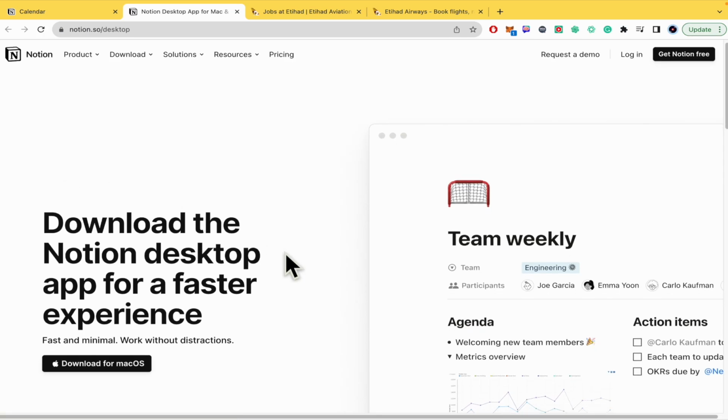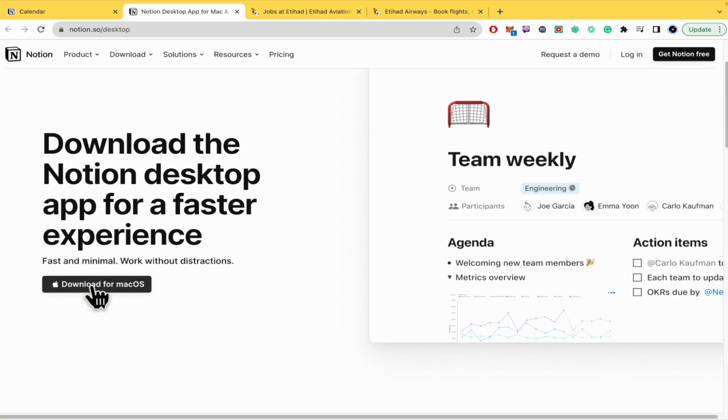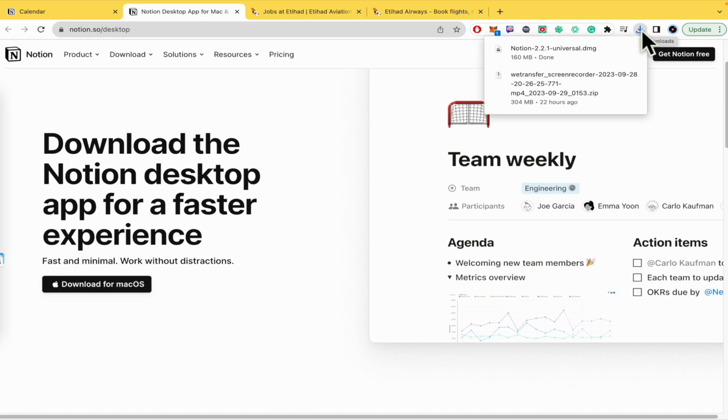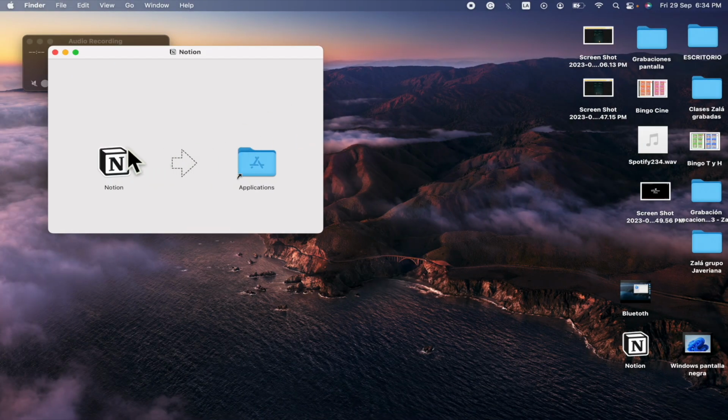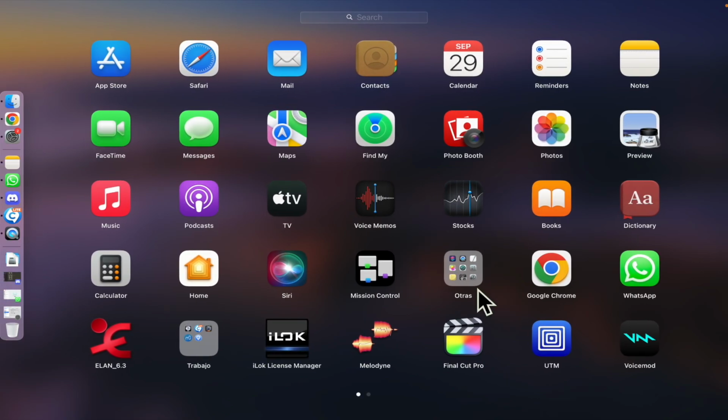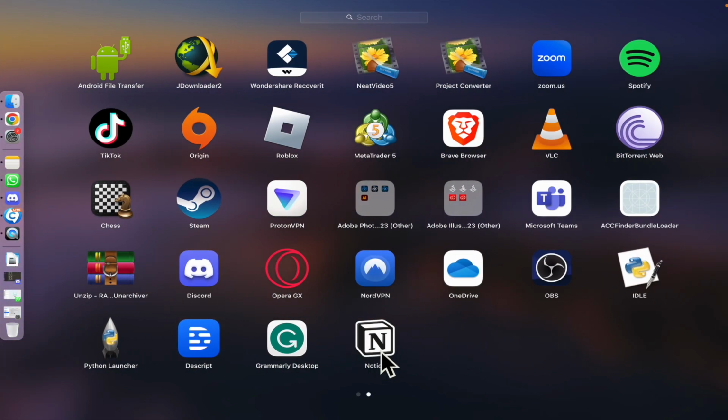This is gonna open a new website. I just need to click on download for Mac OS. This is gonna begin the download, and once you have downloaded, I'm gonna click on it. This is a .dmg, and you have to drag and drop into the applications folder, and that's how you can do it. As you can see, if I go into my apps, at the end I'm gonna have my Notion